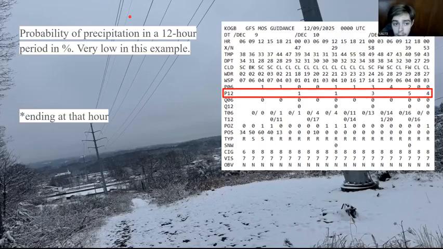P12 is the exact same thing, but it's just a 12 hour period. Ending in the hour too. That's something I meant to say. It's ending in the hour. So